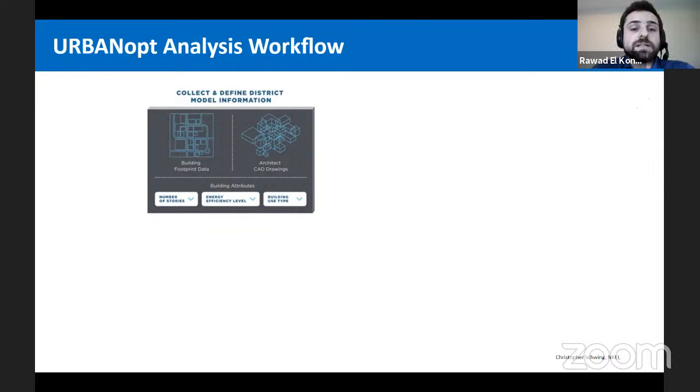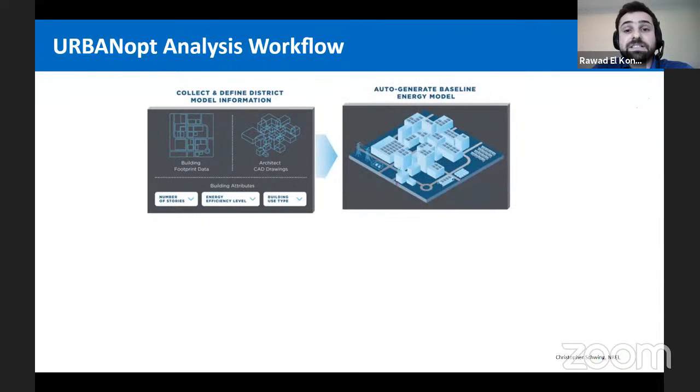After combining this geometric and non-geometric information, URBANopt will automatically generate the baseline scenario, which is the business as usual model, designed to meet the minimum code requirements.